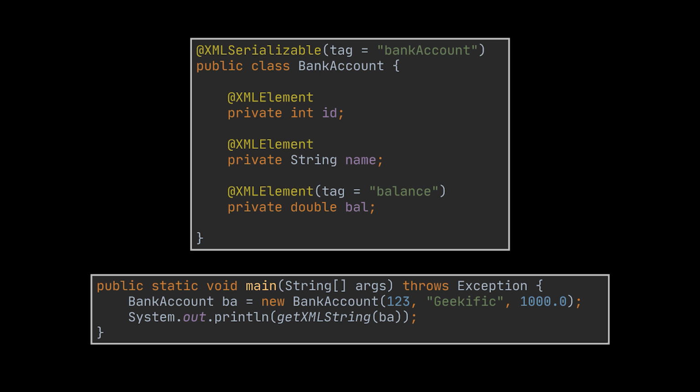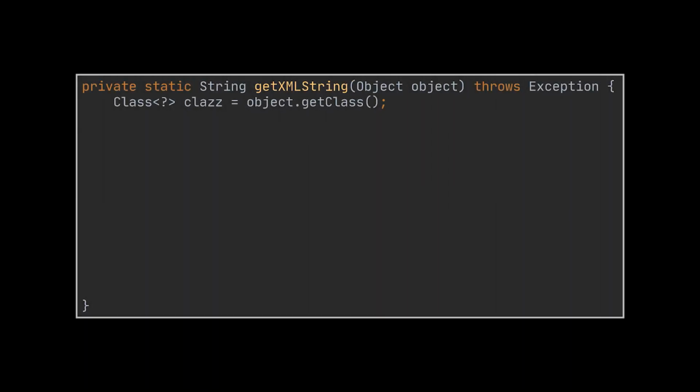Now, let's see how we can make use of these custom annotations, and let's imagine that we have an object of type bank account and its class is decorated with the annotations we just created. One way to take advantage of these annotations is through Java's Reflection API. So, after retrieving the class